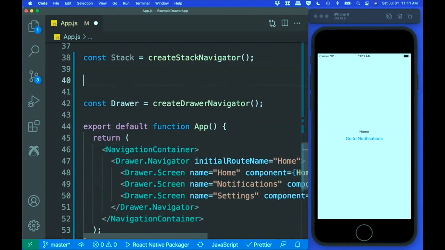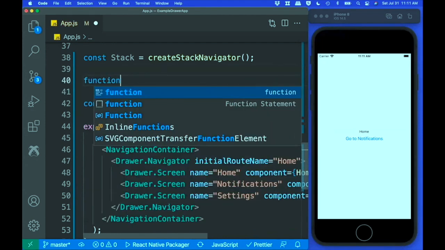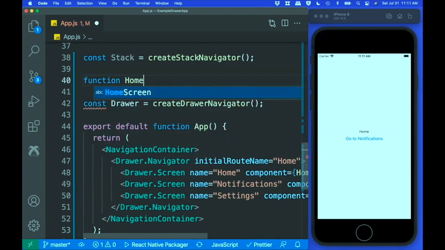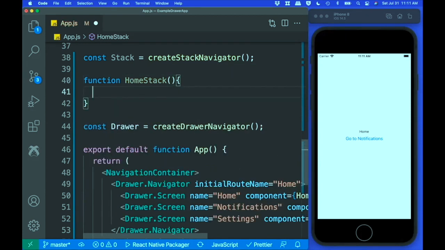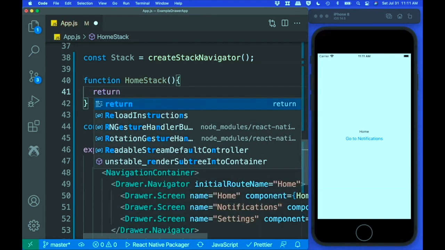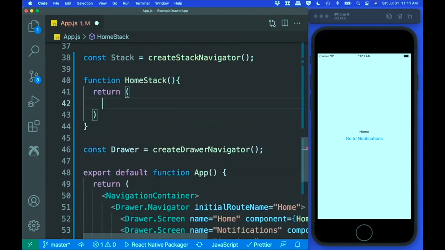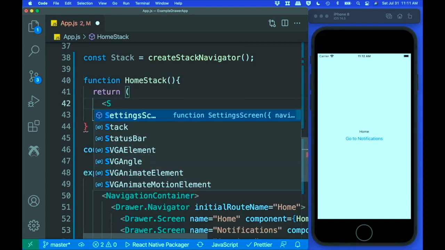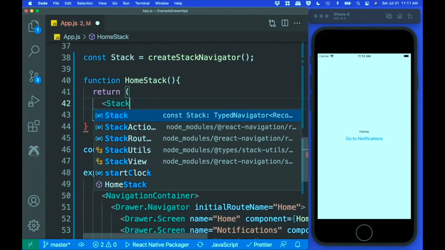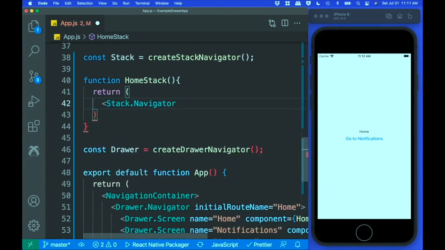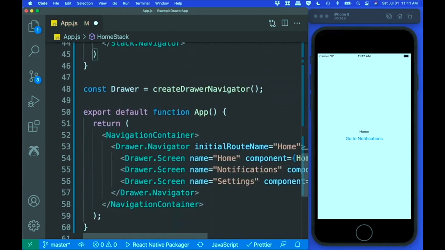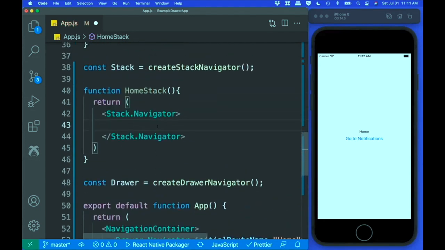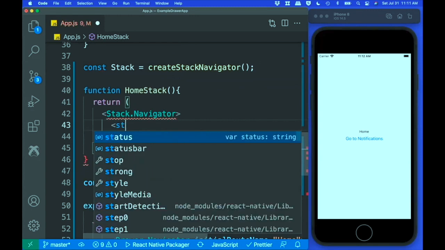So here, we're going to create a new function. And we're going to call this one home stack. And home stack is going to have a return. And we need to create a stack or use our stack object dot navigator. So just like drawer navigator, this is our wrapper for our stack right here. And then we need to add the screens to the stack. So just like drawer, we do stack